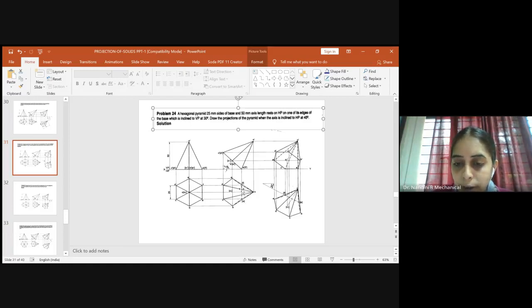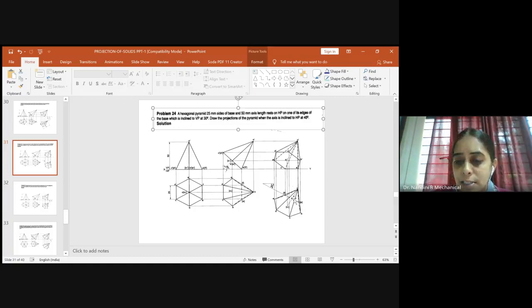Once you take the 30 degree line, you have to fix one of the corners, either F or A. Usually we fix the corner F. Once you fix the corner F, measure the distance from F to A, how much it is. After measuring this distance, come back over here and just cut an arc. Where it cuts the arc on the 30 degree line, you will get the other corner of the base surface, which is our A. So now we got F and A. But this F and A is the hidden side of the given hexagonal pyramid. So don't make this a continuous line, just make it a hidden line.